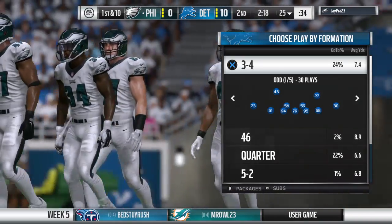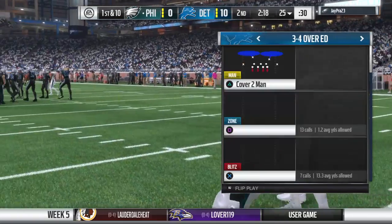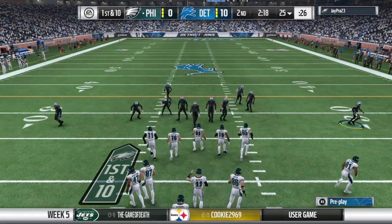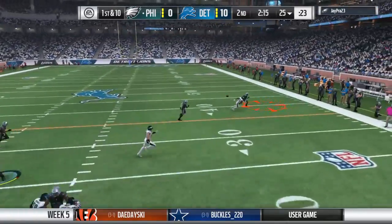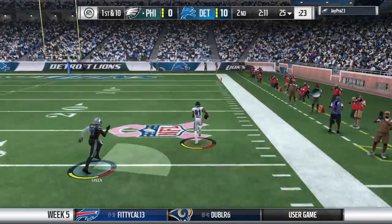And following the interception, just any interception, are you a little bit more cautious when you start that next drive, or no, you just throw that out the window? I think you are. I don't think there's any way you can run back out there and go, totally didn't affect me. Let's just go ahead and be loose with the football again. You're going to take care of it, but you have to be careful about being